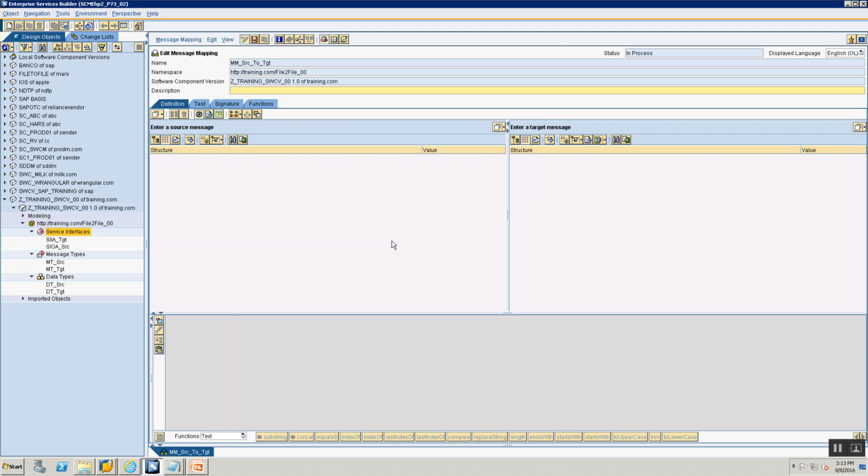So my mapping editor opens. It's asking me here to enter a source message and enter a target message. What does your message mapping use? A message mapping uses a message type. So I'm going to take my message type from here